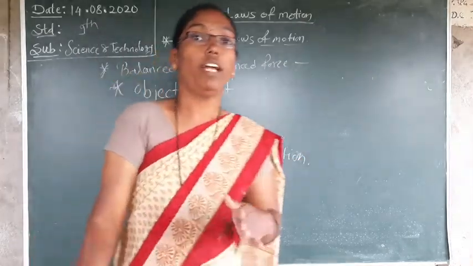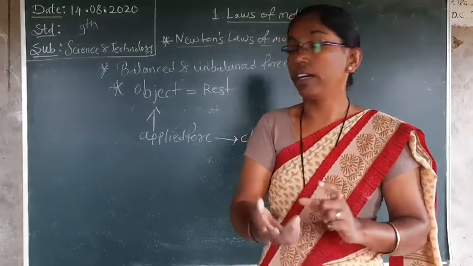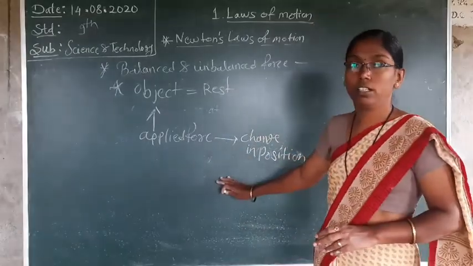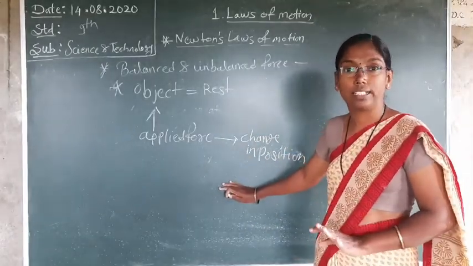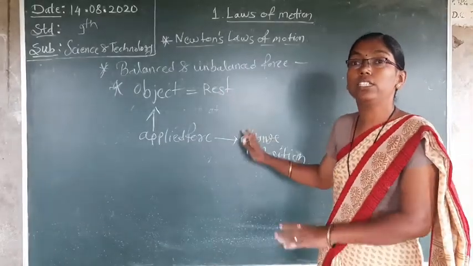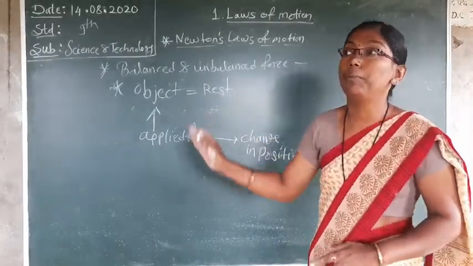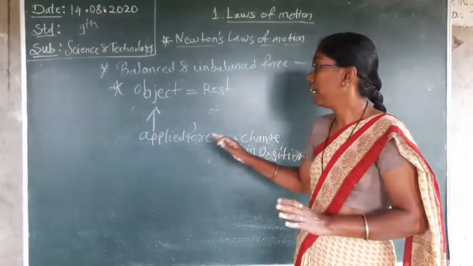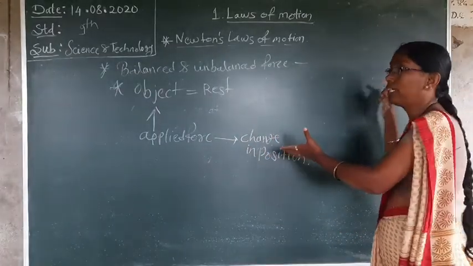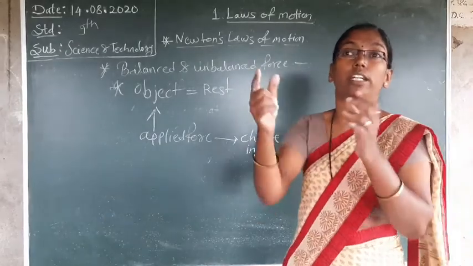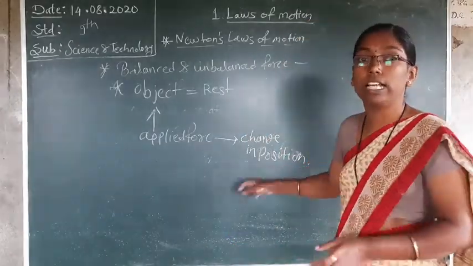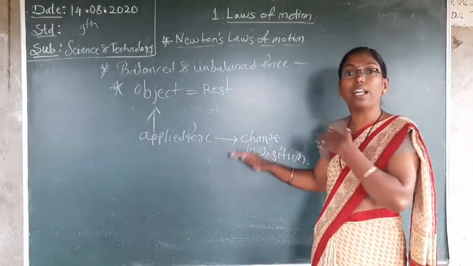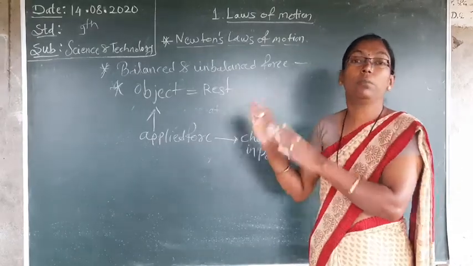Don't forget. I give you one example. I will stand here, or this board, your green board, it is an object. It is in the rest position now. This green board can move from one place to another only when anyone, any student, takes this board with force and gives it to the next room or takes it to the next level. Then only this board can change its position. It means this object is in the rest position unless we apply force on it. Then only its position will change.